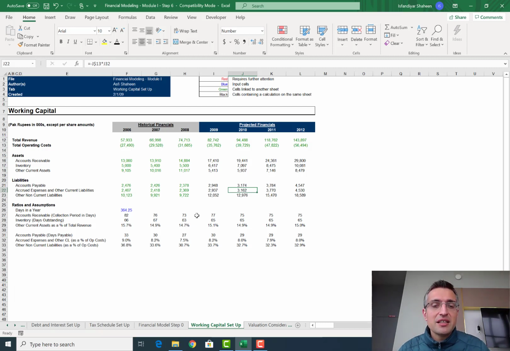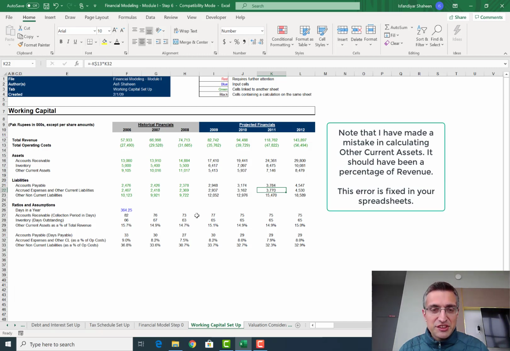Excel is a very forgiving program, which is part of the reason it's a bit problematic as well, because everyone knows how to use it, and that's why building standards inside companies on how to use Excel tends to be difficult. And that's why spreadsheet quality in most companies is not very good. So now that we have our working capital schedule,